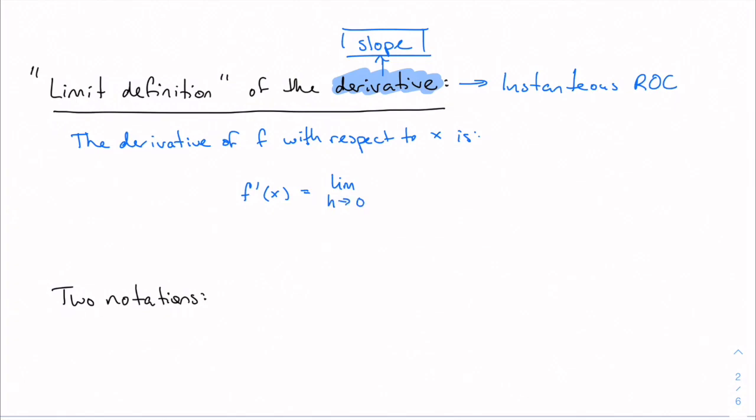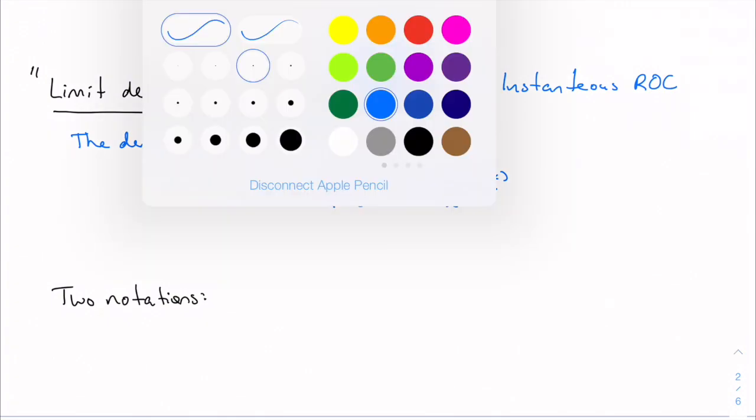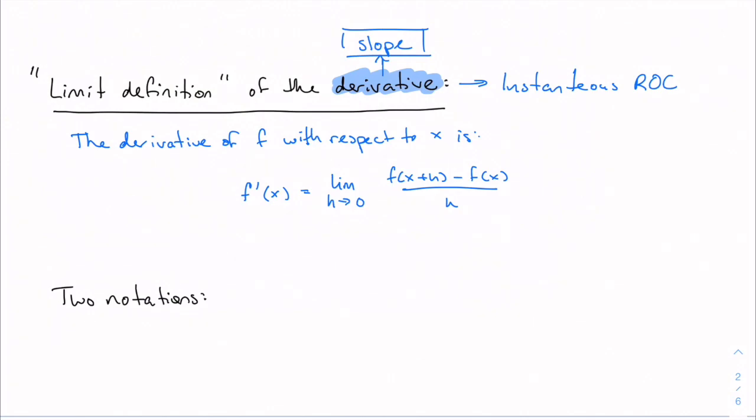Limit as h approaches 0 of f of x plus h minus f of x, all divided by h. So I brought this up, right? So we said this can be read as f prime. Now that's one of our notations that we have for the derivative. Right, so we have this f prime of x,